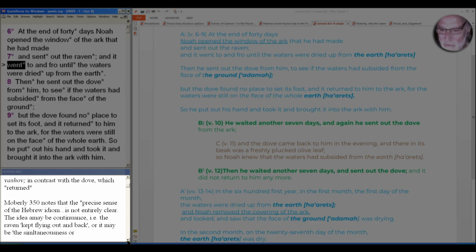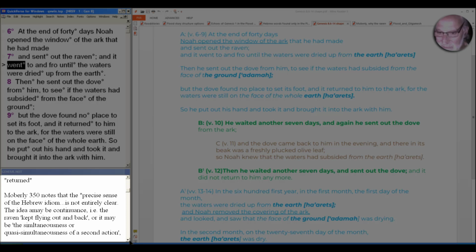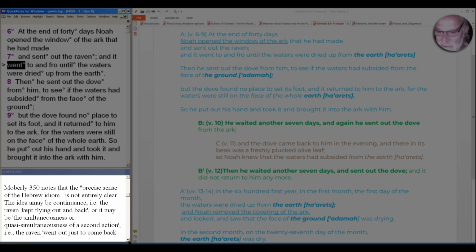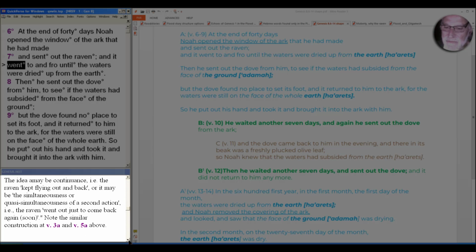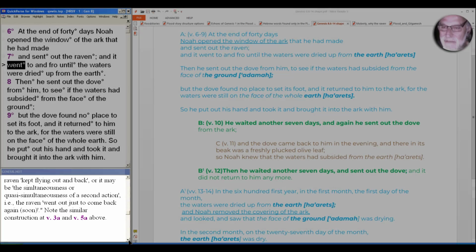I'm not going to bore you or try to overwhelm you with the linguistic details of Hebrew grammar, but as Moberly notes in my quote below, the precise sense of this Hebrew idiom is not entirely clear, but the idea may be continuance. That is, the raven kept flying out and back, or it may be the simultaneousness or quasi-simultaneousness of a second action. Please excuse my typos there. I.e., the raven went out just to come back again soon. And then he notes the similar construction in verse 3a and 5 above,